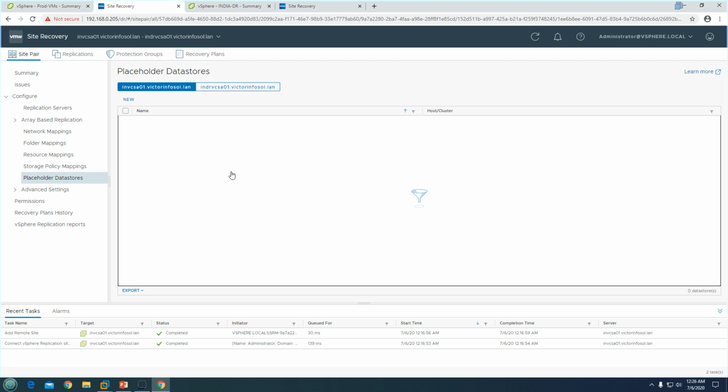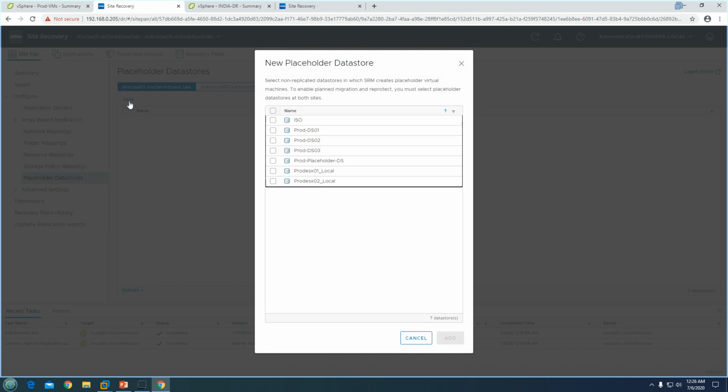When you see a virtual machine which is getting replicated and protected through SRM, it's going to have a special icon, and those virtual machine configuration files are going to be saved in the placeholder. So I recommend you get a special datastore for the placeholder.